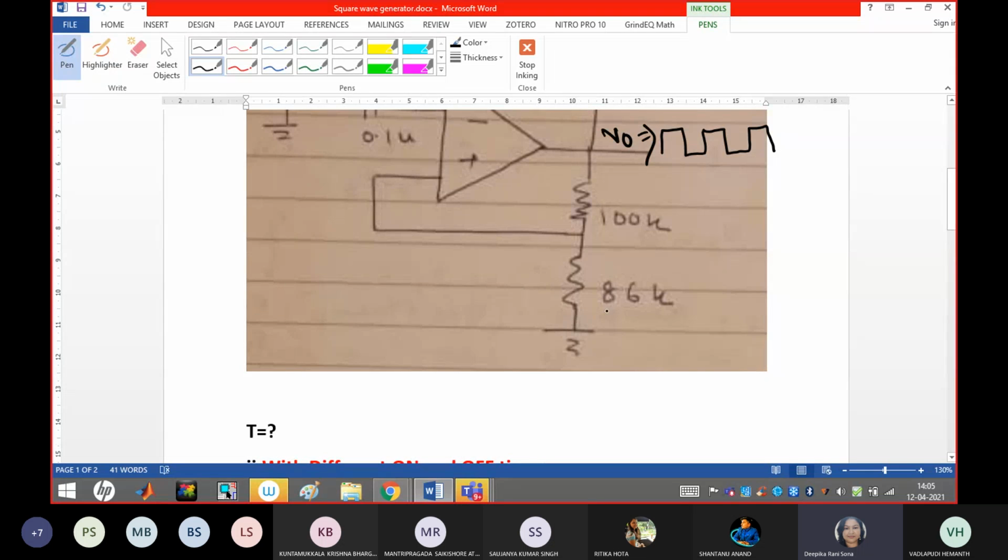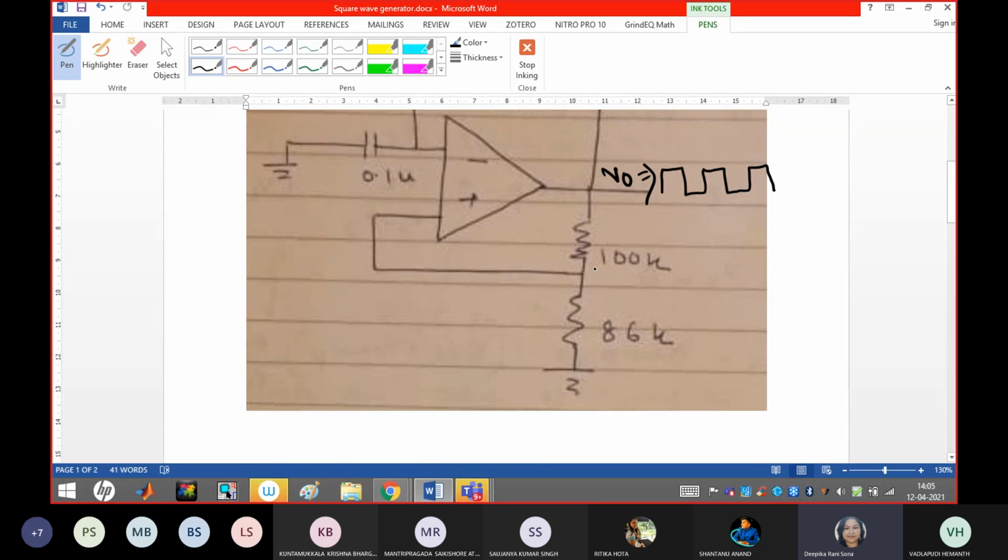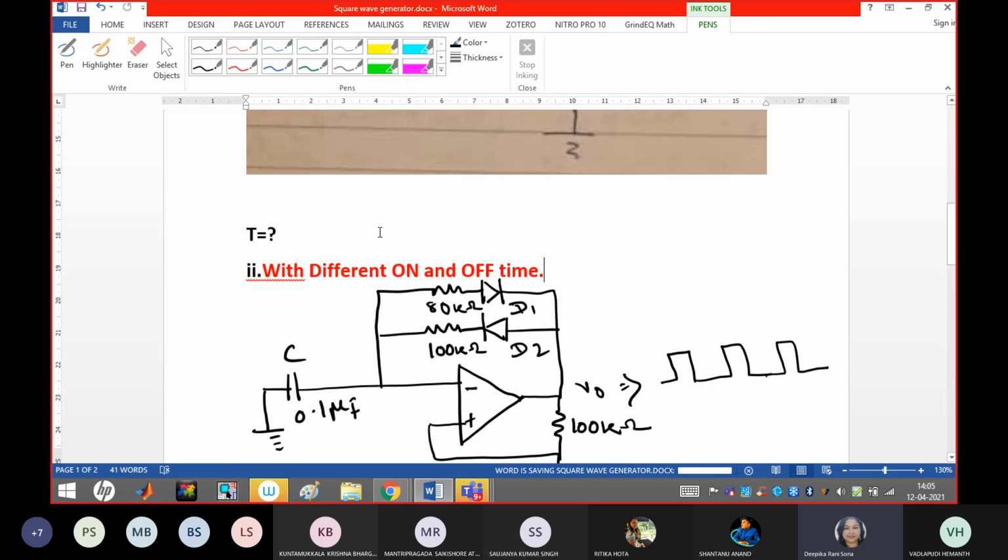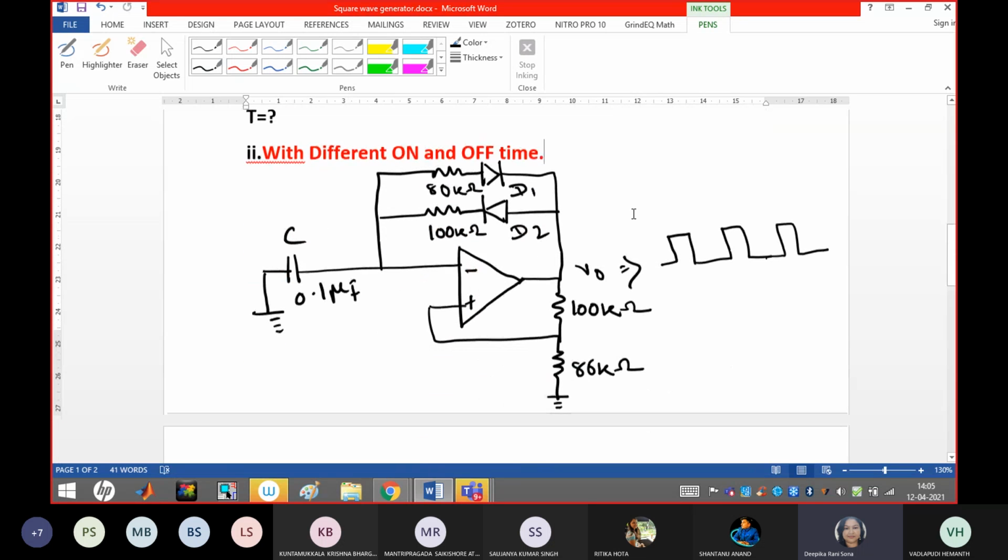First you tell me the value. If it is correct, then only I will allow you to proceed with the circuit. So calculate the time period for this case as well as for this case. Both the formulas are similar, but the data will be different. From that only you can calculate your answer. So proceed with that, guys. Got it? What you have to do today? Got the idea?